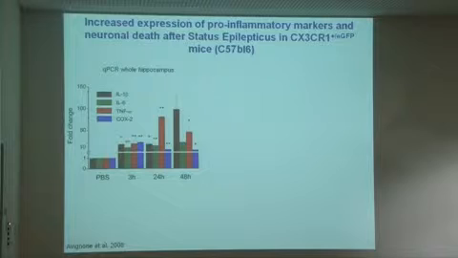So we first checked that in those mice we indeed have an inflammatory reaction. These are the results of real-time PCR from the whole hippocampus, where you can see that as early as 3 hours after having induced the status epilepticus, you have a 10-fold increase in the expression of IL-1 beta, IL-6, TNF-alpha, and COX-2, so 4 different inflammatory markers, and that this increase is maintained over at least 2 days.